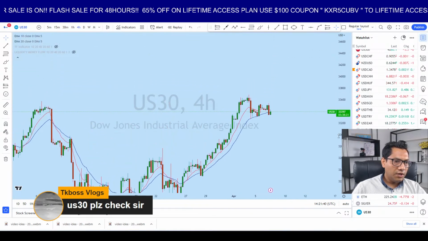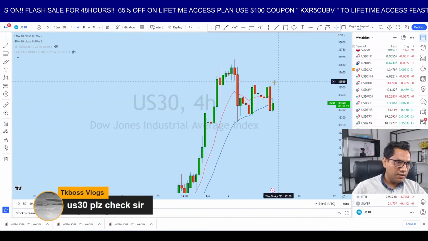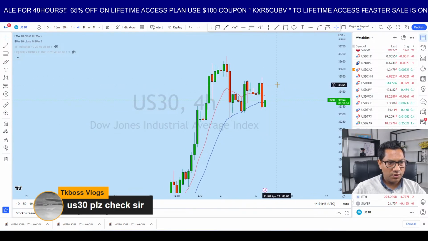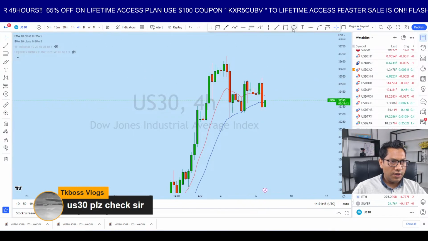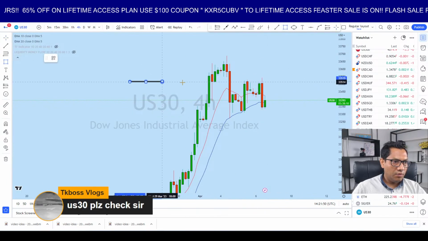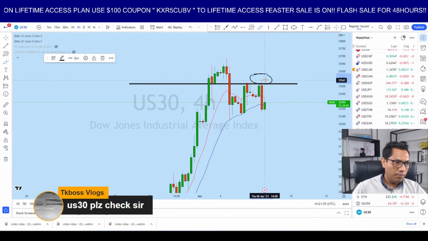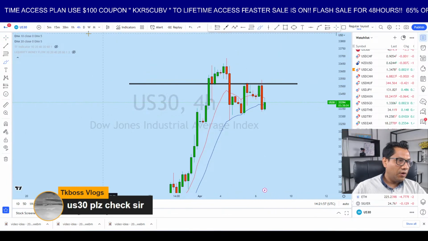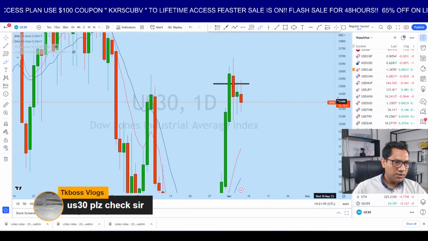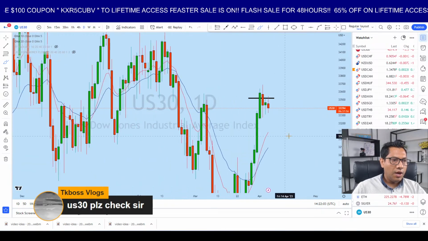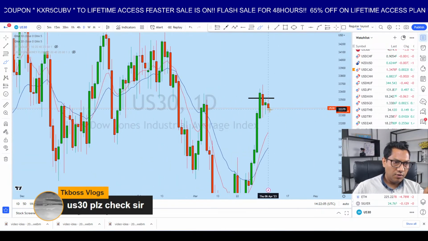Okay, US30, what I see is that it formed this red candle. I was waiting for this one. This one has crossed this high and then closed as a long bearish engulfer. If I look at the daily on US30, we can see that this market has a big red candle, a doji. Now I think that US30 will